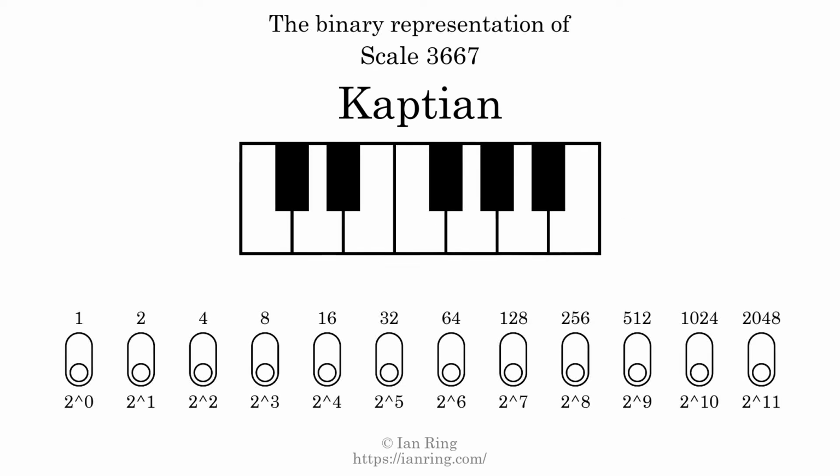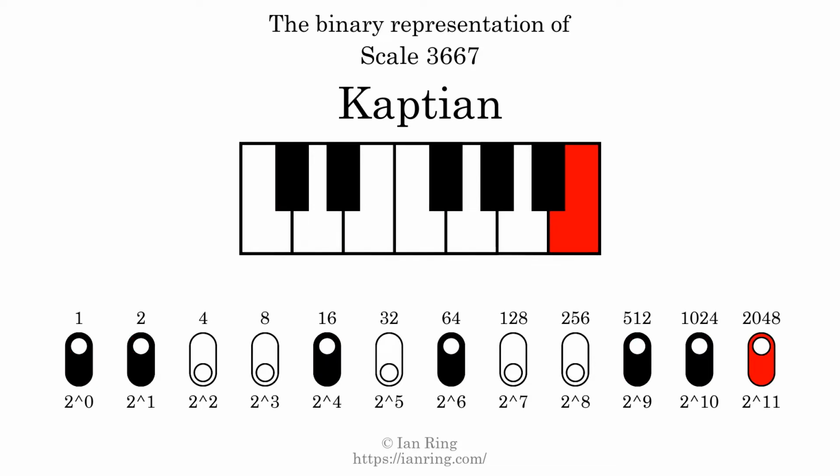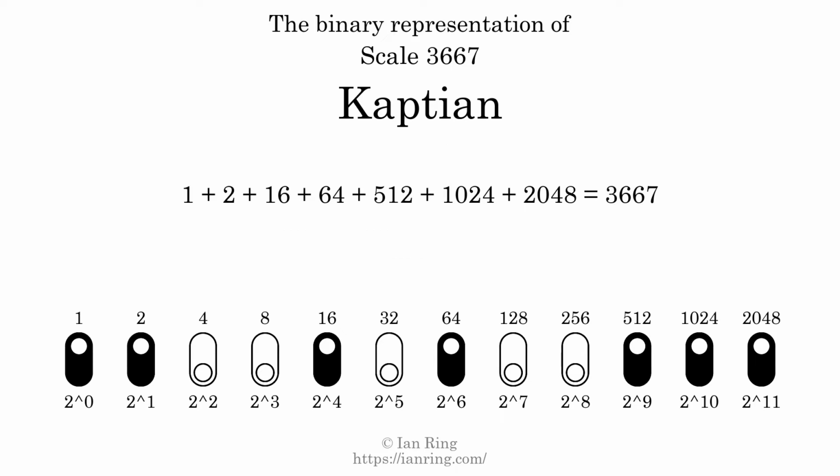The binary representation of this scale is determined by mapping tones of the scale to binary digits. Each binary digit represents a power of 2. To get the scale number, we add the powers of 2 together. The powers of 2 that are present in the scale, all added together, equals 3667. That is why the scale number, in decimal, is